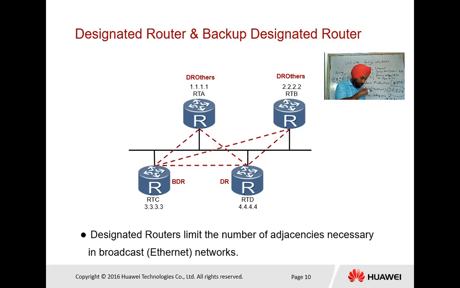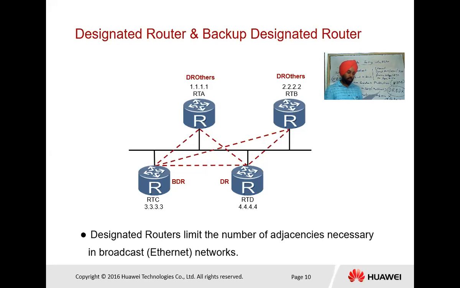That means there is a full mesh connection. The BDR is the backup router for the DR. The use of DR and BDR is to reduce the number of adjacencies. Router A and router B are not directly connected with each other, as shown in the diagram. So one adjacency is less. Now we have 5, earlier we had 6.